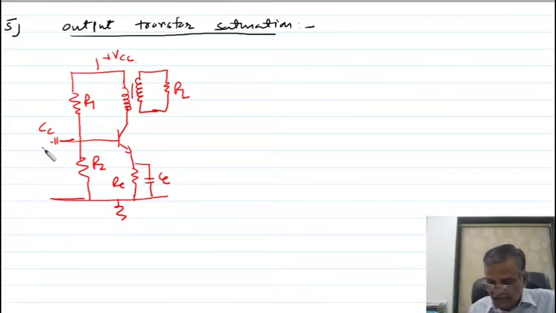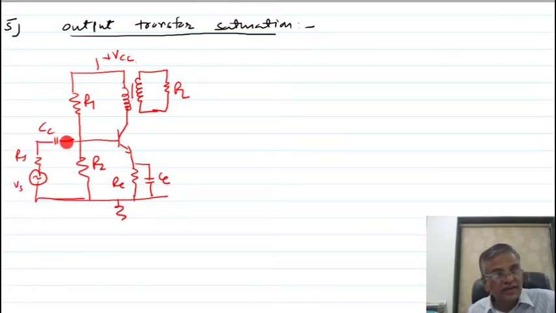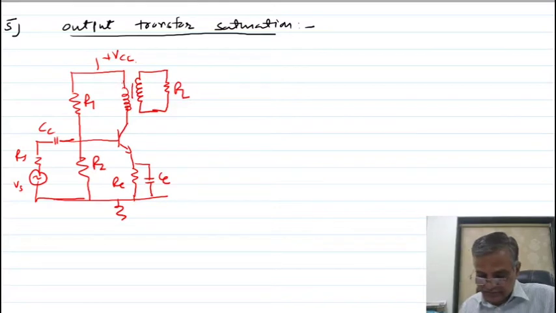Now I am applying the AC signal. As you apply the AC signal, base current changes, so there is a collector current change. As the collector current changes, flux associated with the primary will change, and then flux associated with the secondary will change. Now what is happening? This resistance is very low, so a large value of the collector current will flow. As a result, Q point in terms of flux will be coming in a saturated region that I am showing you in this graph.